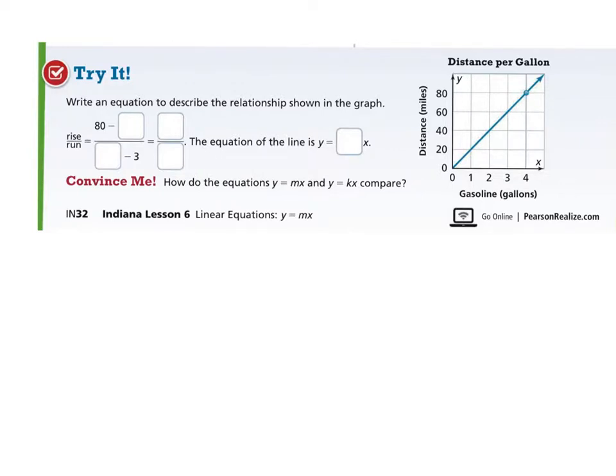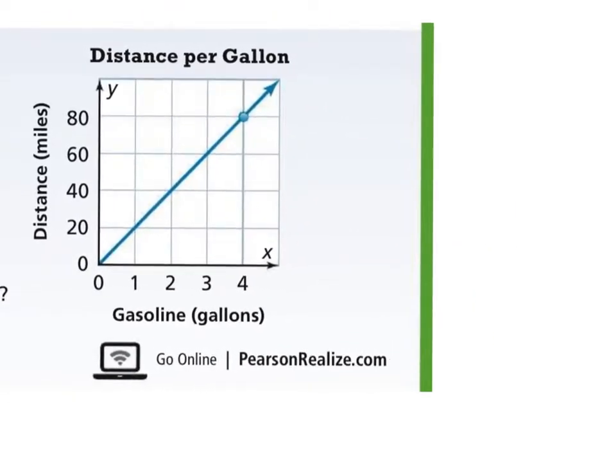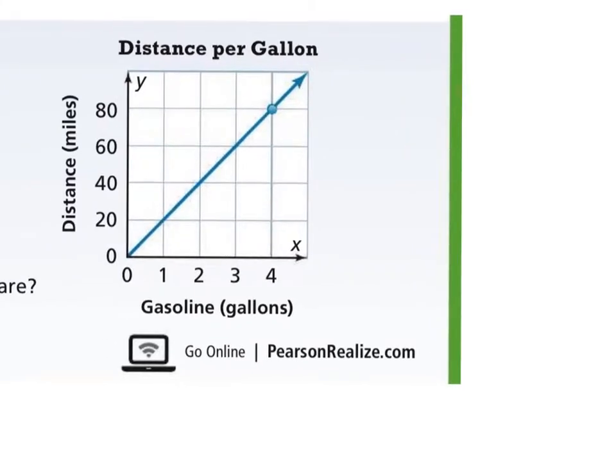So on the try it, they want us to write an equation to describe the relationship shown in the graph. In order to write the equation, we're going to have to find our slope. In order to find the slope, we're going to have to find 2 points on the line. So any 2 points on the line are fine as long as they hit directly on the line. This one happens to have lots of choices. So 2 points that this line goes through,